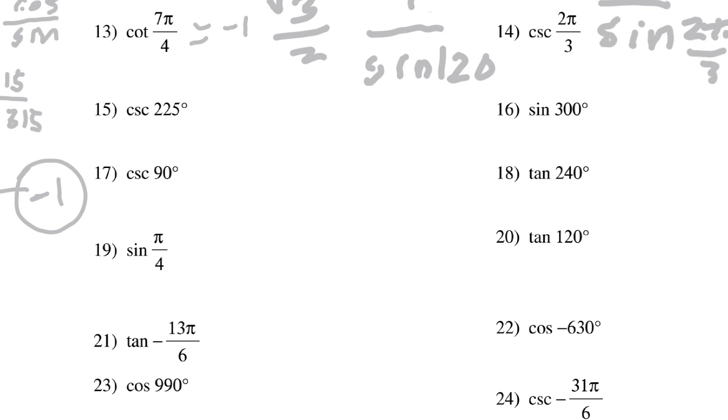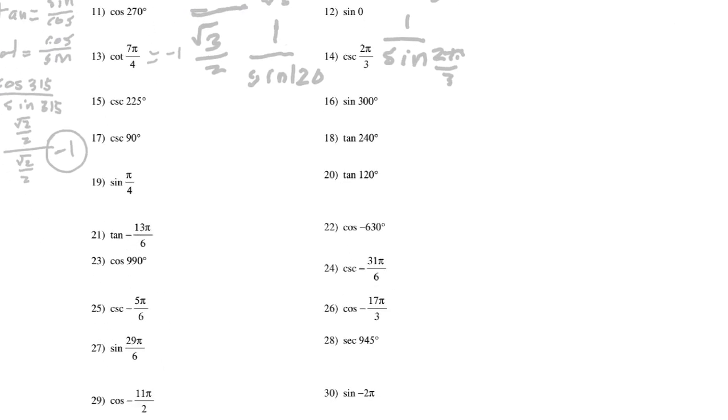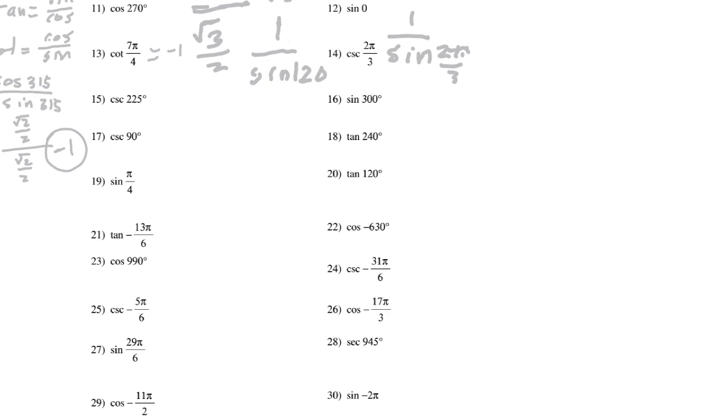Well, all the ones that are tangent are on the unit circle, so you shouldn't have any trouble there. Let's do one that's cosecant, or they may have a secant one on here. Yeah, they got a secant one way down at the bottom. All right, let's do a negative